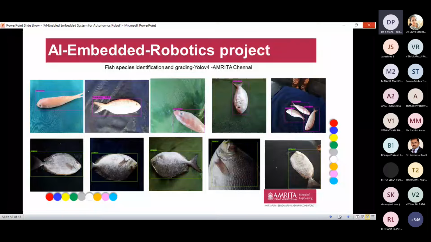And second, those are ore fish. Right now we have given two species, around 500 images, and trained the model, and finally achieved 95%. It is very accurate and also very fast compared with less capable embedded models like Arduino and Raspberry Pi. It takes around 15 to 20 frames per second, whereas Arduino gives far fewer frames per second. That's why this Jetson embedded family is more advanced in robotics.